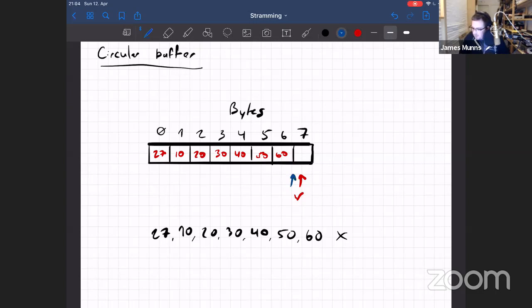But then when I want to go and write the next thing, so let's say I've gone ahead and consumed all this data, then if I wanted to write 2 more pieces of data, I would write 70. And now that this first one is freed, I should actually probably erase it because it's available. Then my right pointer, and the reason they're called circular buffers is after you get to the end, you just wrap back around to the beginning and then you start writing the next chunk of data. And your library should be smart enough that